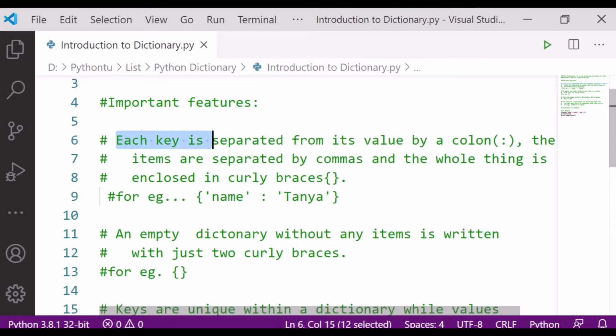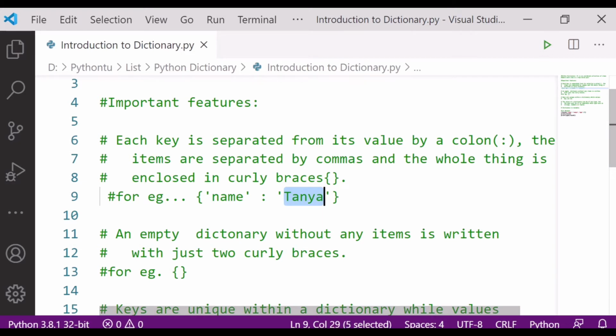Let's see now the important features of a dictionary. First, each key is separated from its value by a colon. Items are separated by commas and the whole thing is enclosed in curly braces. For example, this is my dictionary, all the items are enclosed within the curly braces. Here name is the key and the value of that particular key is Tanya.